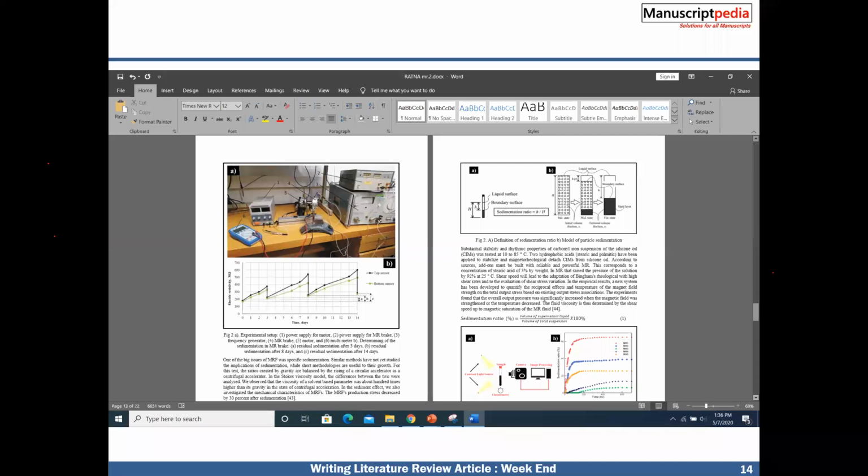In the final editing, you can give figure 1, 2, 3, and write each sentence. Figure 2 shows the definition of sedimentation ratio, and figure 3 says this is the experimental setup. These are all the things you will have at the final stage of your literature review. It goes on. So this is how you have to write step by step. If you go this way, it will be easier for you to write. In each article you have to use these reporting words.